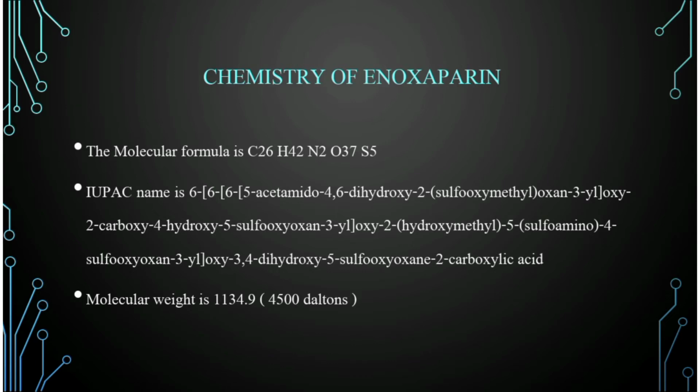So when coming to the chemistry of enoxaparin, by seeing this structure, the molecular formula is C26, means the carbons are 26, hydrogen 42, nitrogen 2, oxygen 37, S are 5. So when coming to its IUPAC name, it's 6-6-[6-[5-acetamido-4,6-dihydroxy-2